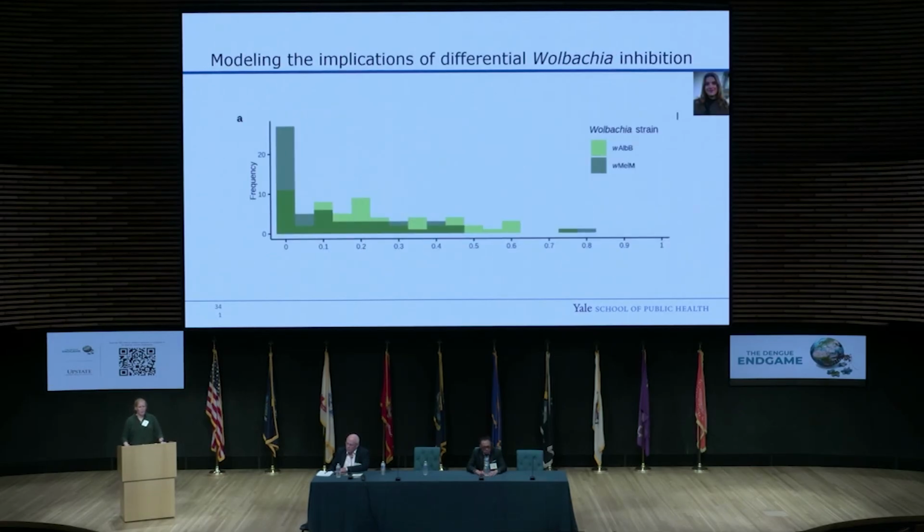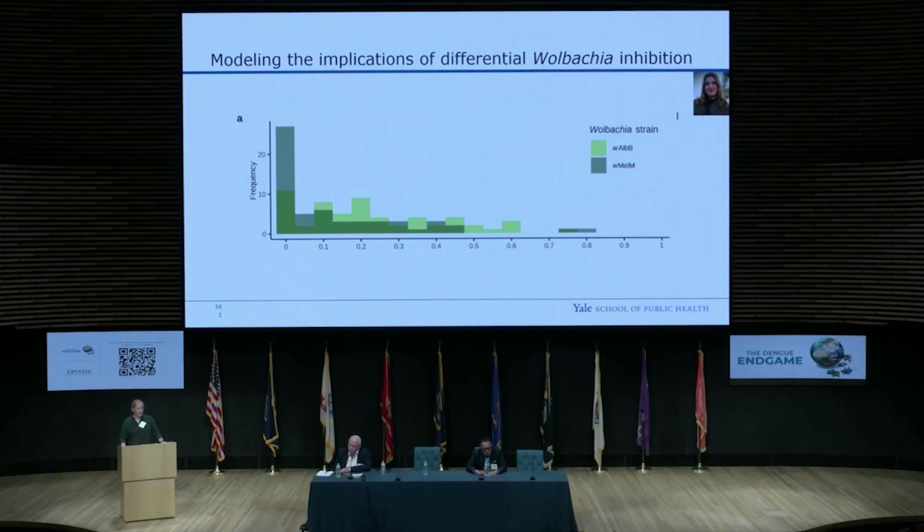Now the question becomes, what does all of this mean from a more epidemiological standpoint? We were very fortunate to collaborate with Hendrik's group, and this is really the work from Emily Finch. This first graph is a summary of the data that I've just shown you. This is the experimental data where we showed a frequency plot of the relative dissemination on the x-axis of the two Wolbachia strains to get a sense of the distributions. It stands out that a lot of the viruses had very low or zero relative dissemination with WML, and a slightly wider range with WALB.